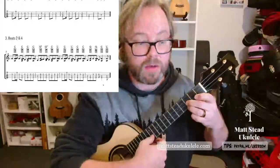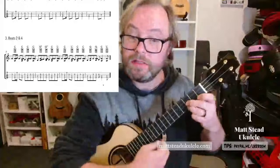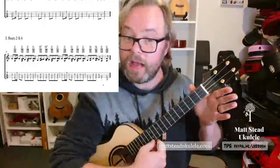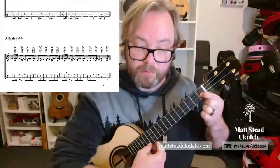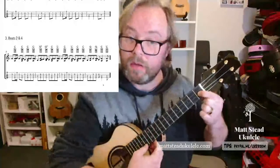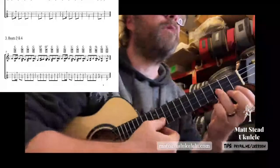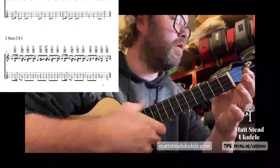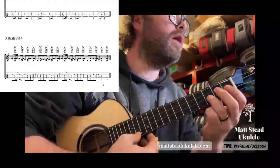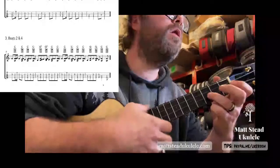Okay, and this is the one, Esther. This is where I use my nails, because it's not a melody note, this strum. I'm filling in the gaps basically. Okay, 1 and, okay. Then we're going to hit the open A, then the G note, then we're going to strum to the F note. Because that one's a melody note, we're going to strum using our thumb and make sure we stop on that third line down. Let me come in close, because this one's quite tricky. It will sound something like this. Like 1 and 2 and 3 and 4 and...